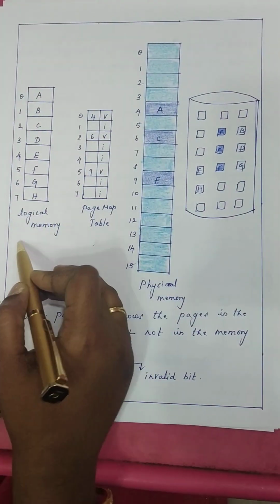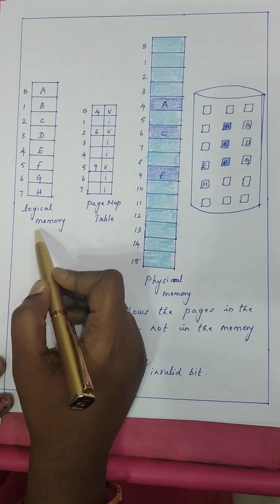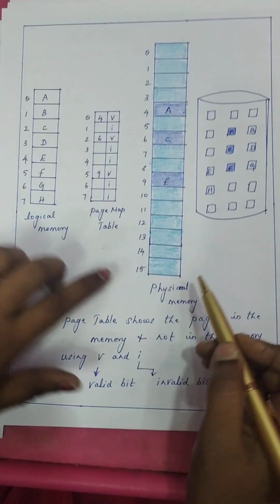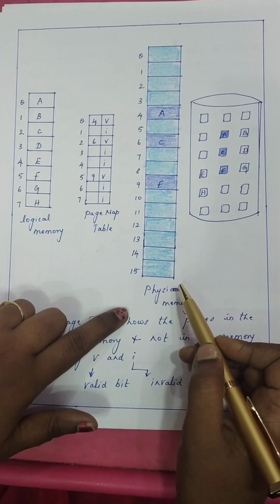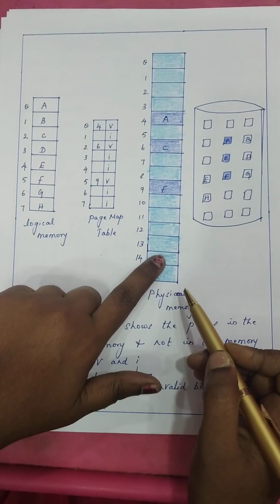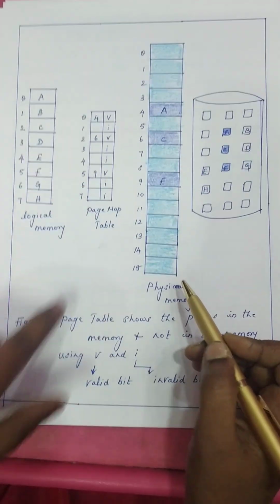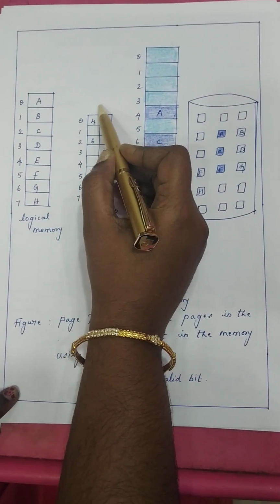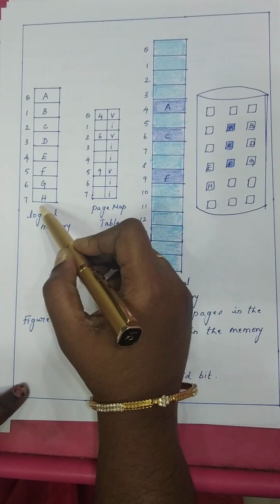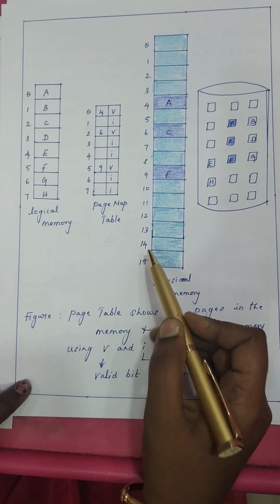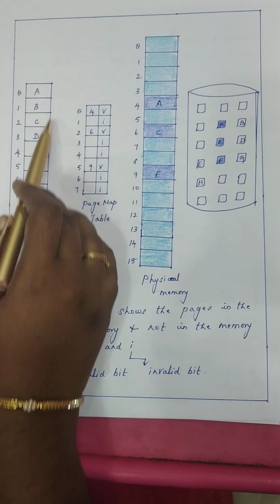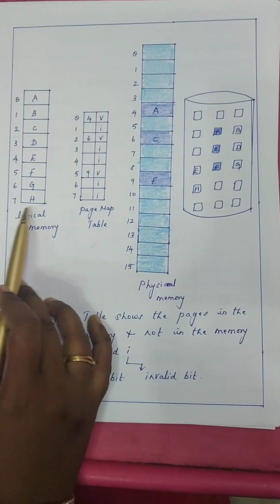See, this is the logical memory. As we discussed in the paging technique, your logical memory is divided into pages and your physical memory is divided into frames. Using the page map table, your logical address space is converted to physical address space, and the page map table consists of two parameters here. One is the frame number and the other is the valid or invalid bit, showing whether the concerned page is in your physical memory. Here you have pages 0 to 7, and each page has some content, data or a process, whatever it may be.